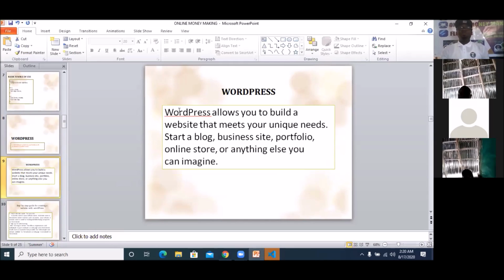So let's look at WordPress. WordPress allows you to build a website that meets your unique needs. What are the kinds of websites that you can do using WordPress? You can do a simple blog, business website, portfolio, online store. You can do something as big as an online store, like Konga and Jumia, or anything else you can